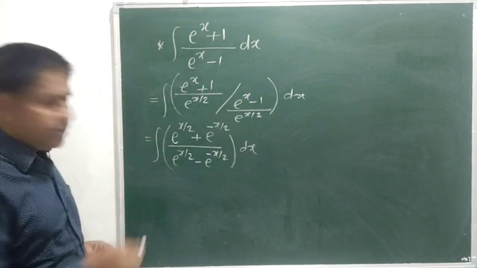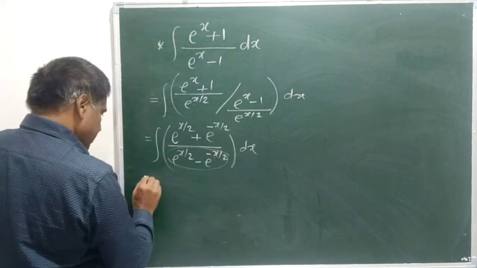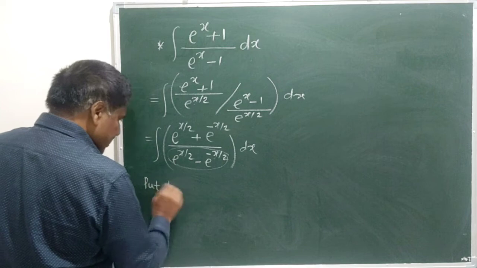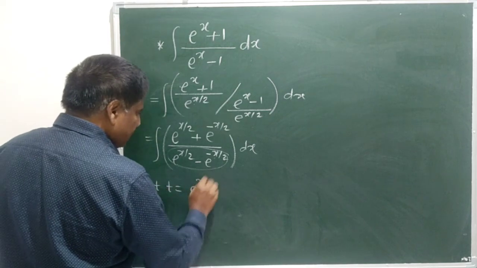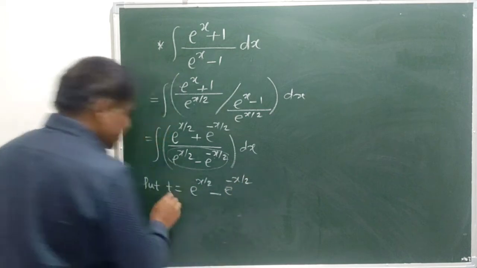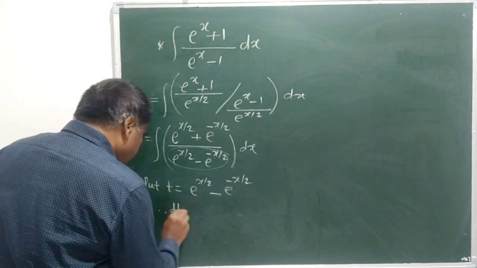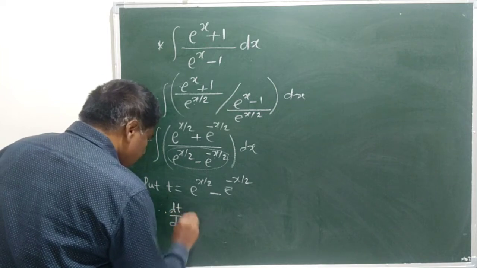Now let us put this function as t. Put t is equal to e^(x/2) minus e^(-x/2). Let us differentiate this t with respect to x. Therefore, dt/dx is equal to